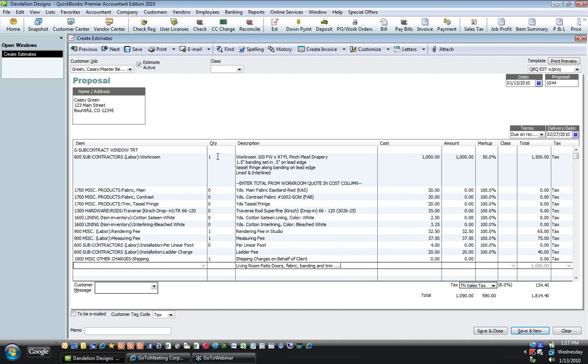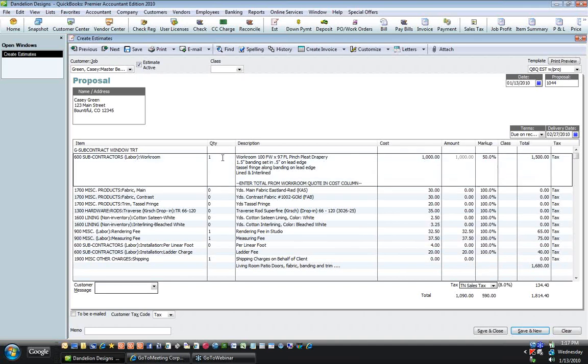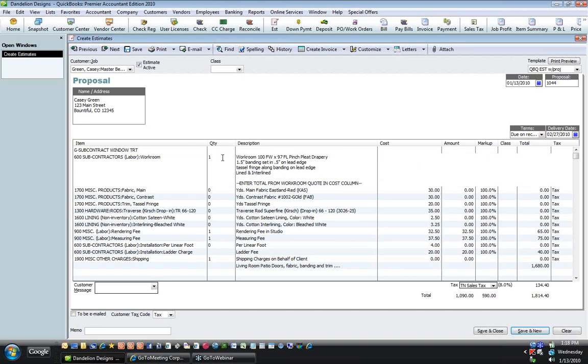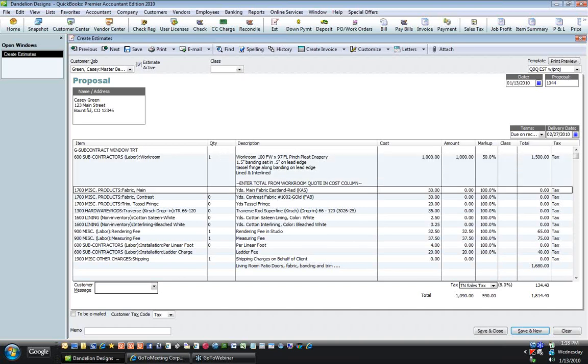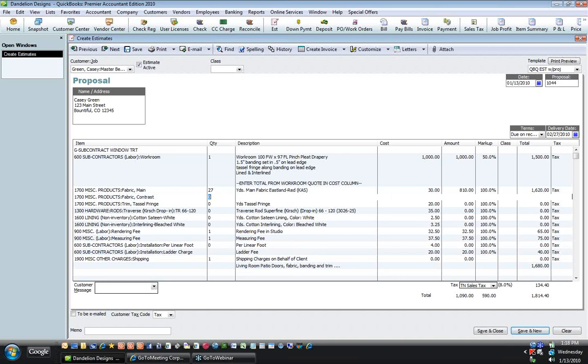Now we're going to go to Area 4, and we're going to calculate our quantities. Now, of course, we would have a quantity of 1 for our workroom labor, because they're just going to give us one number of how much it's going to cost. So that one's already done. Arrowing down, our workroom told us to get 27 yards of fabric, and they told us to get 4 yards of contrast fabric, and they asked us to get 7 yards of tassel fringe,